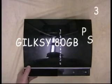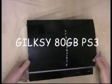Hello, my name is Gilksy, and today I'm going to be showing you how to strip down an 80 gig PlayStation 3. Okay,